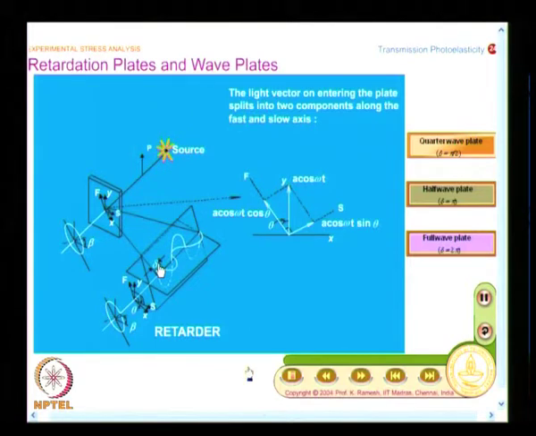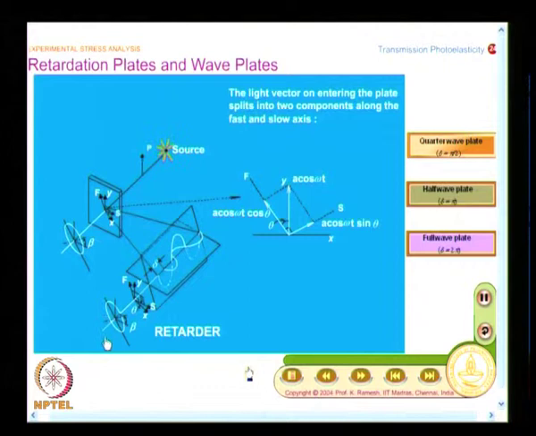Because it has different refractive indices, and we have looked at refractive index as ratios of velocities. That is why I said we always want to look at them as ratios of velocities, because we want to feel that one wave will travel faster than the other. I have ordinary and extraordinary rays, they travel with different velocities, and when they come out, you have an elliptically polarized beam of light.